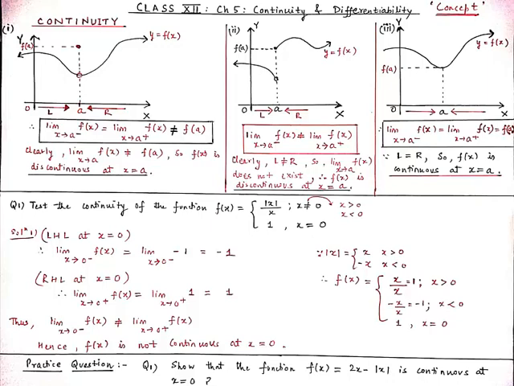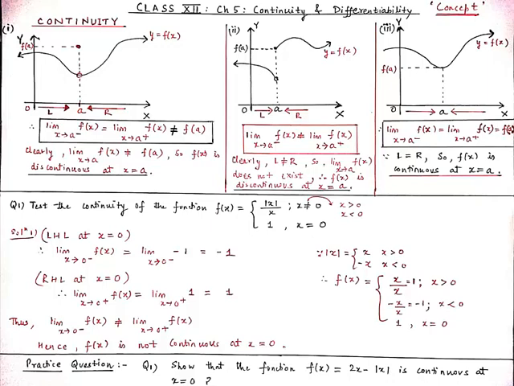And now in the second case, I have drawn the curve y = f(x). Here you can clearly see that the function is discontinuous at x = a, as the function is disrupted at x = a, or you can say that there is a jump in the value of f(x) as x crosses a. So here the left hand limit is not equal to the right hand limit, that is limit x tends to a minus f(x) is not equal to limit x tends to a plus f(x). So again students, limit x tends to a f(x) does not exist at x = a. That means our function f(x) is discontinuous at x = a.